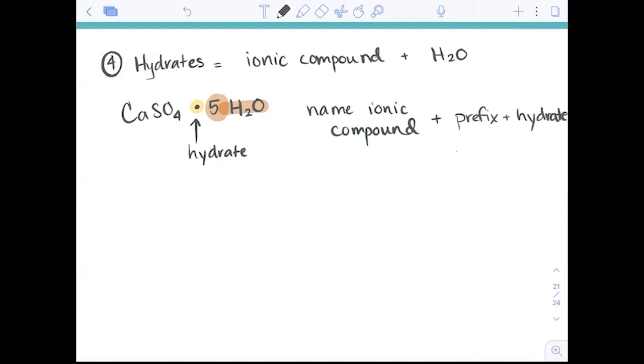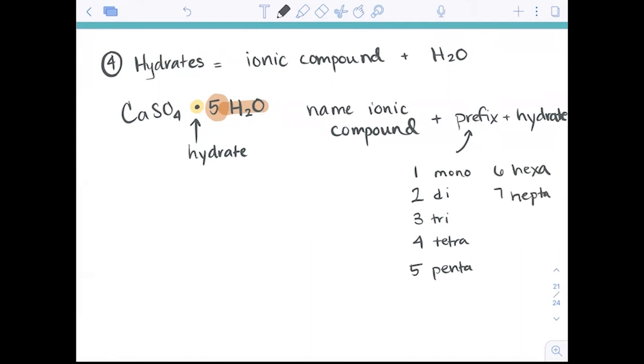Now what that prefix can be is identifying 1 for mono, 2 is di, 3 tri, 4 tetra, 5 penta, 6 is hexa, 7 hepta, 8 octa,